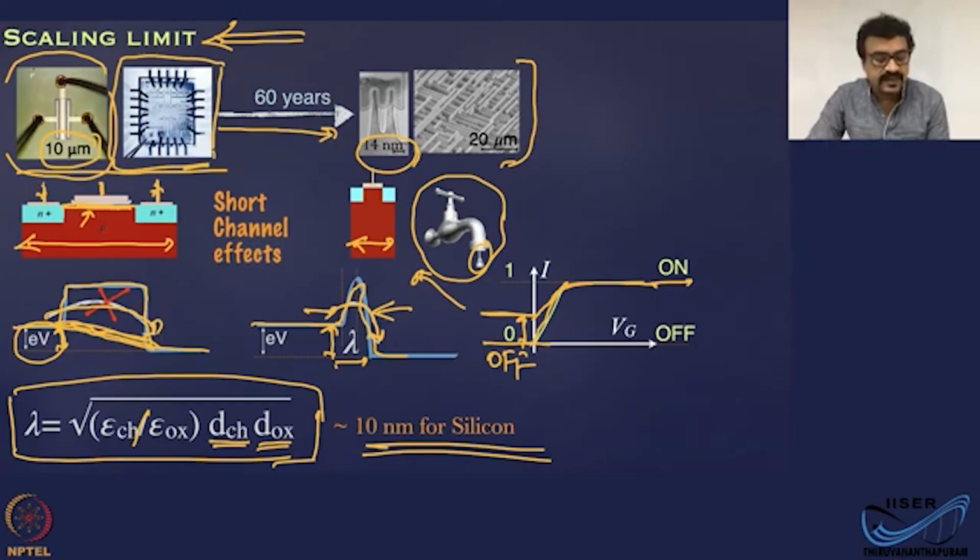you can see that we are almost in that regime. So the current technology is 7 nanometer, the previous technology was around 10 nanometer, so we are almost in that regime. Okay, so what we are trying to say here is we are almost at the limit of this scaling. Okay,